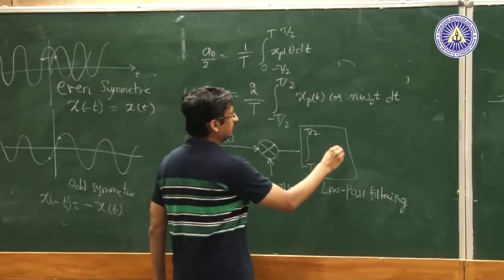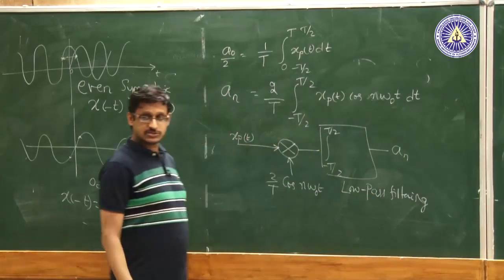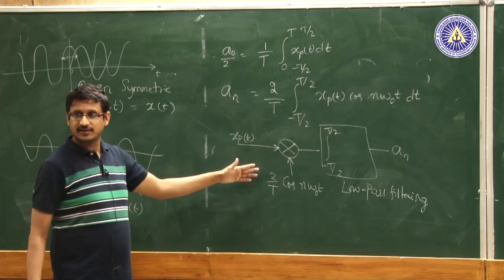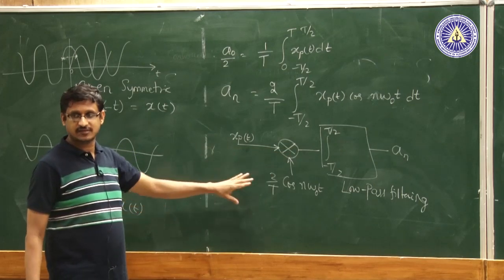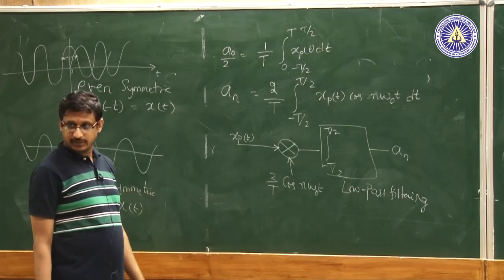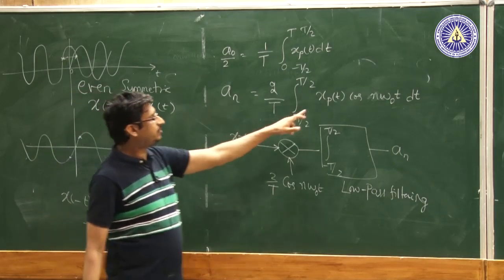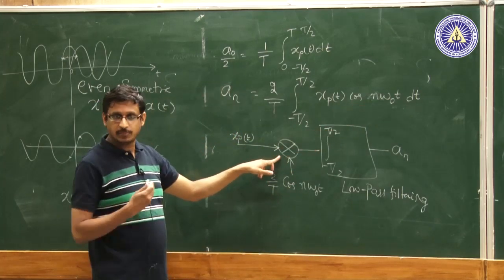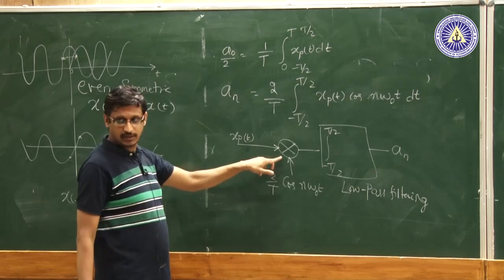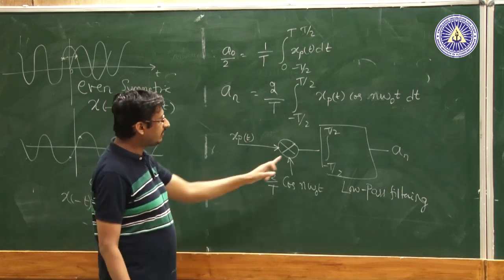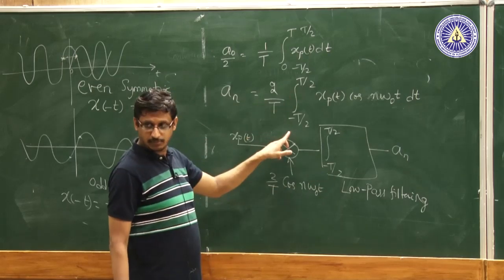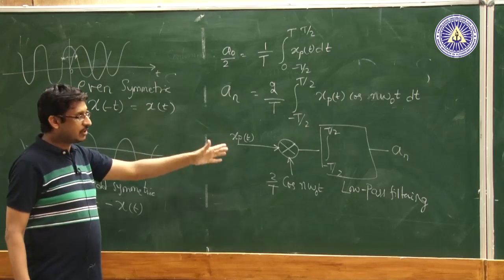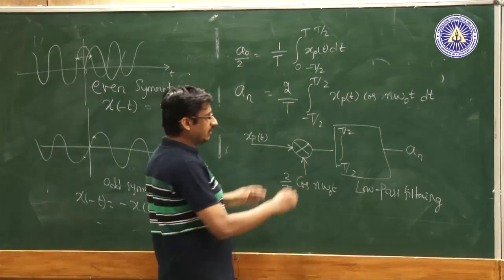And whatever the output that you get will be an. Of course, this is just one particular value that I have found out. You can extend this idea for n equals 1 to infinity. Conceptually, you can extend this idea for n equal to 1 to infinity, okay. This operation of xp of t multiplied by cos n omega 0 t, which is realized by this device called a mixer or a multiplier, and then taken to the low pass filtering, which is this integration operator, is an extremely important aspect, because in practice,